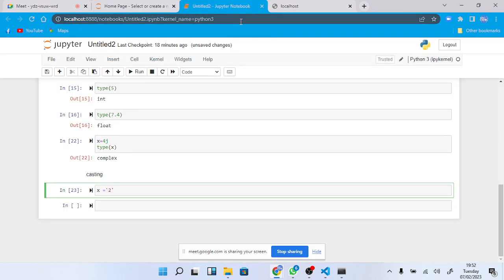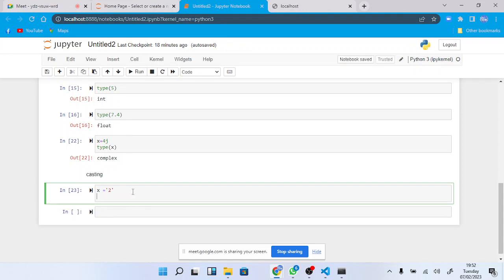Because it's a variable. String. It's inside the what? Because of the two quotation marks. Inside quotation marks. Yes, 2 is inside a quotation mark. So that value becomes automatically a what? A string. So if I use the function type to output the type of that x, I'll get a